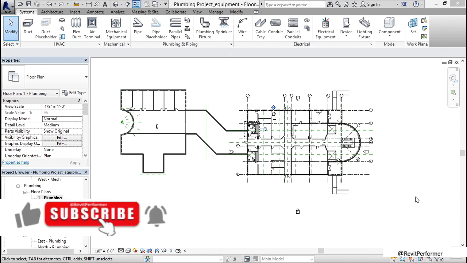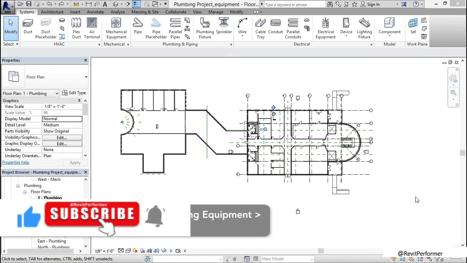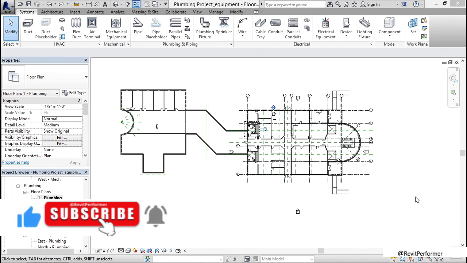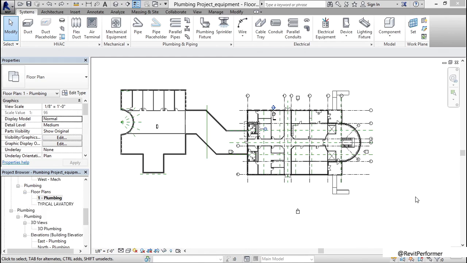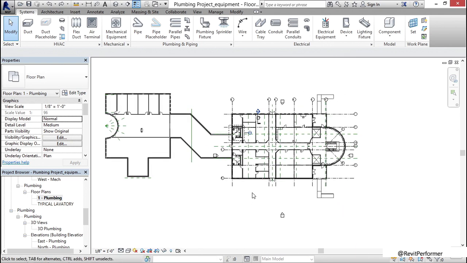There's a lot more piping that goes into a building than toilets. Certainly, we have quite a bit of equipment, such as pumps, boilers, chillers, you name it. Although we can't add every type of piping and piece of equipment to this video, let's focus on adding a condensate pump, and let's check out the properties of it. The first thing we should do is make sure we're in Floor Plan 1 Plumbing.